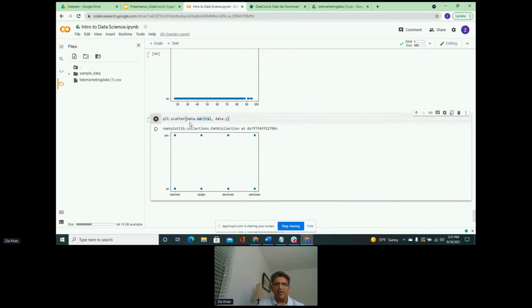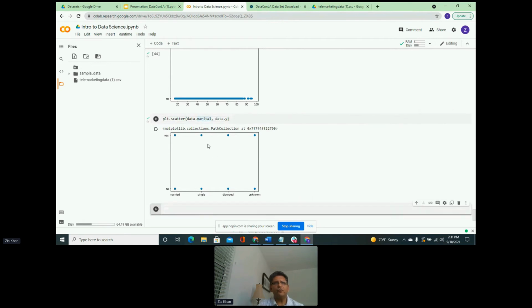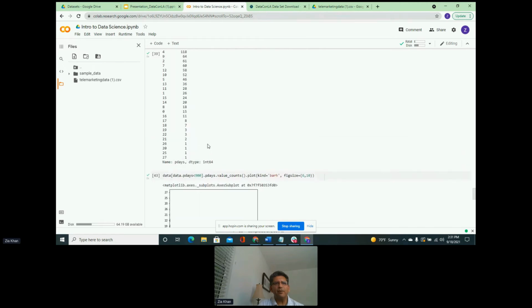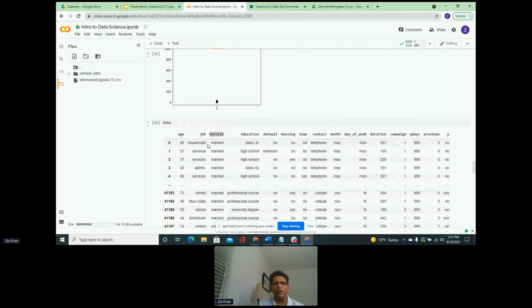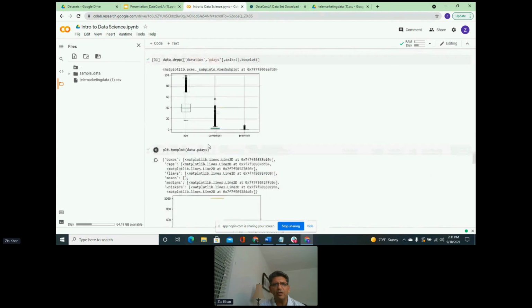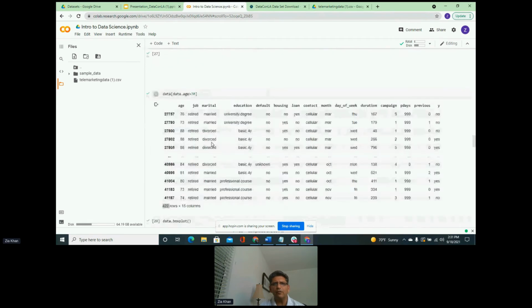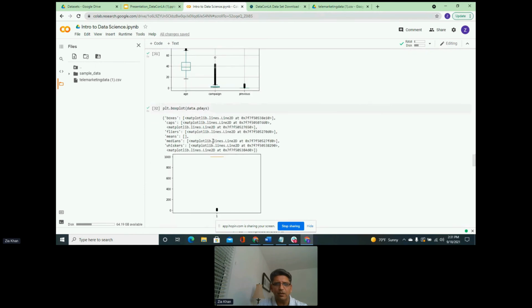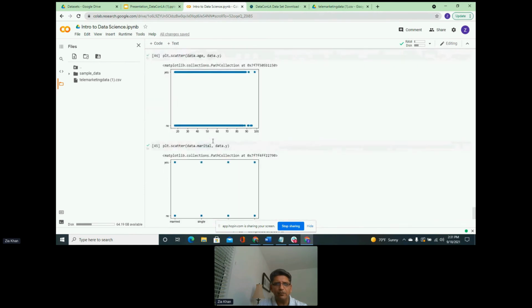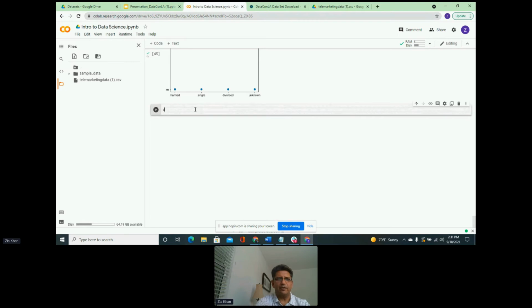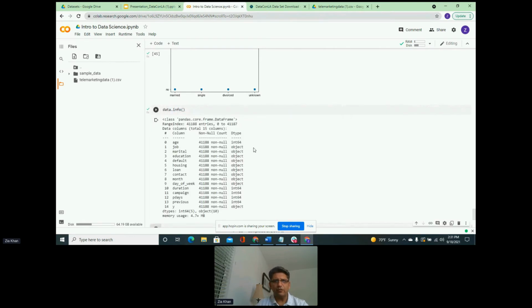So this was two categoricals, and let's see if I have two numeric features that I can pick, just to show you a scatter plot between two numeric features. So let me just pick two. I should not have done that. I could actually go back here. Okay, let's do it the right way. I'm going to look at the data again. So data.info, and let's figure out what we have. We have age as a numeric feature. What else is numeric? Duration. So let's see age and duration. Do they have any relationship?